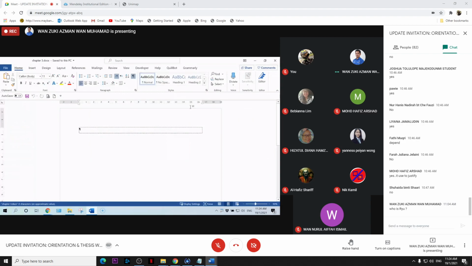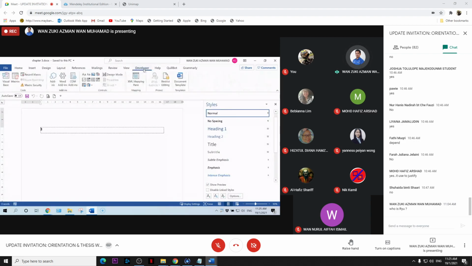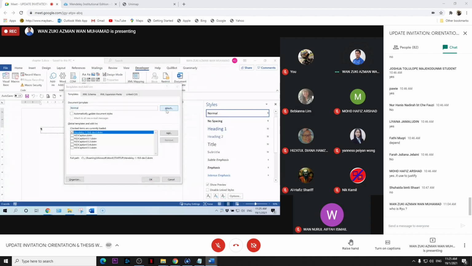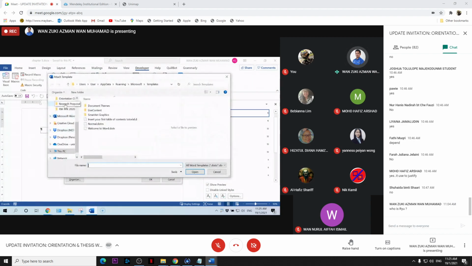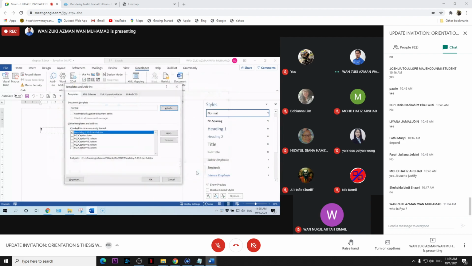Chapter 3. Open the style pane, developer, document template. This is the template.